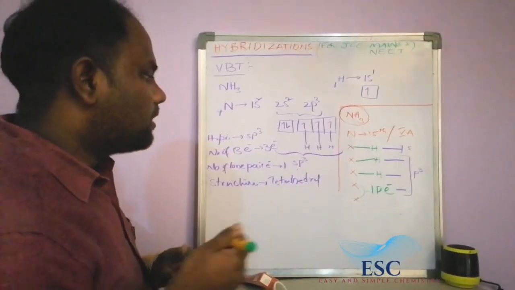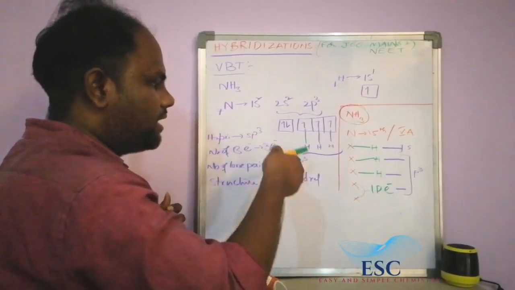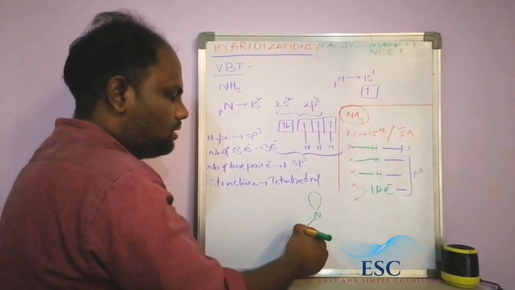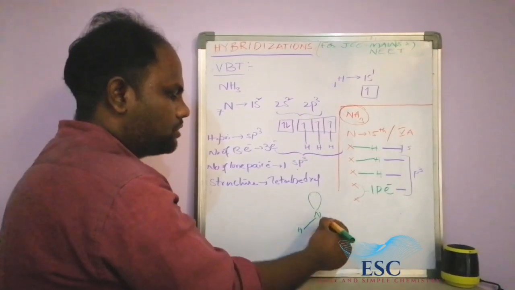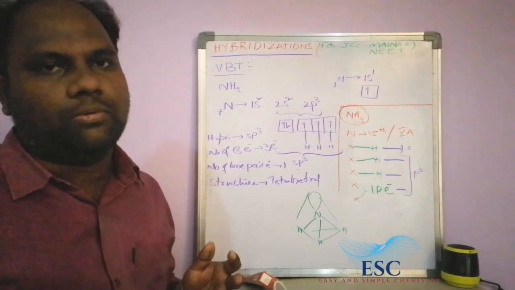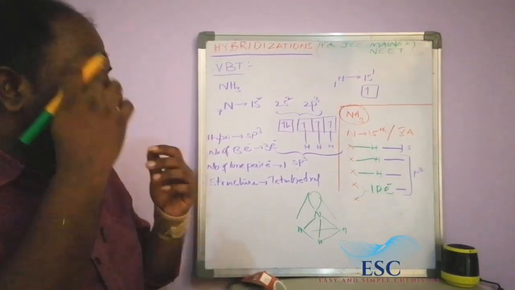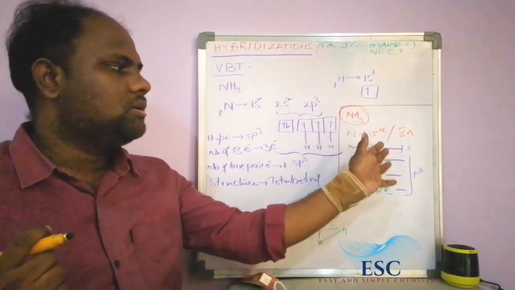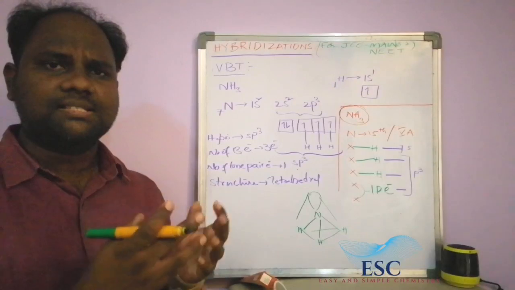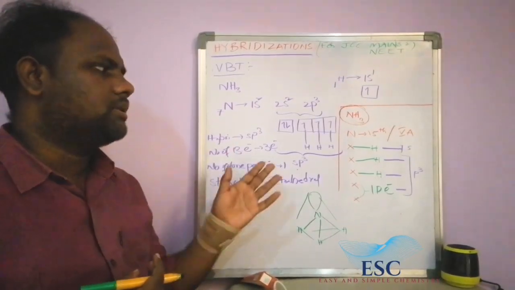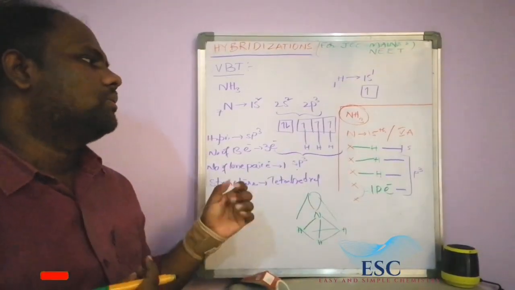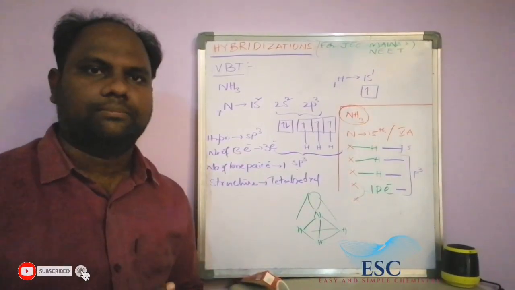What is the structure? Tetrahedral. The sp3 hybridization structure is tetrahedral. 1 lone pair of electrons and 3 hydrogen bond pairs of electrons. This is the complete information about the ammonia molecule. Right? This is the actual way and this is the shortcut way. Shortcut way means we can easily find out the complete data by using a shortcut way in all examinations. Okay, then go to another example.